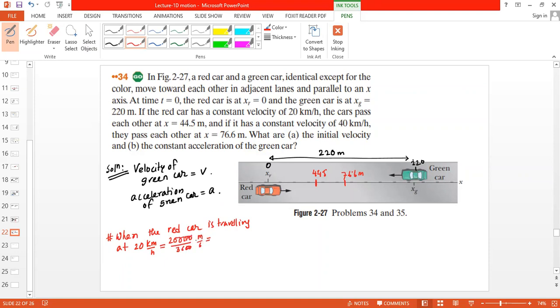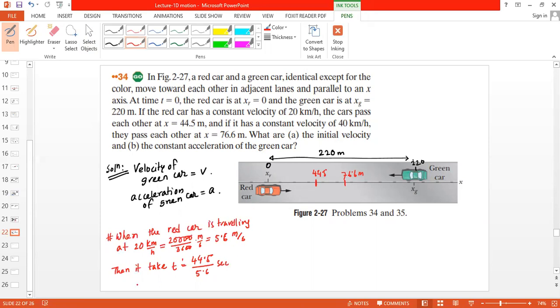What should be the value? 200 by 36. So 5.56, 5.6 meter per second. When the red car is traveling at 5.6 meter per second, then it takes t equal to 44.5 divided by 5.6 seconds